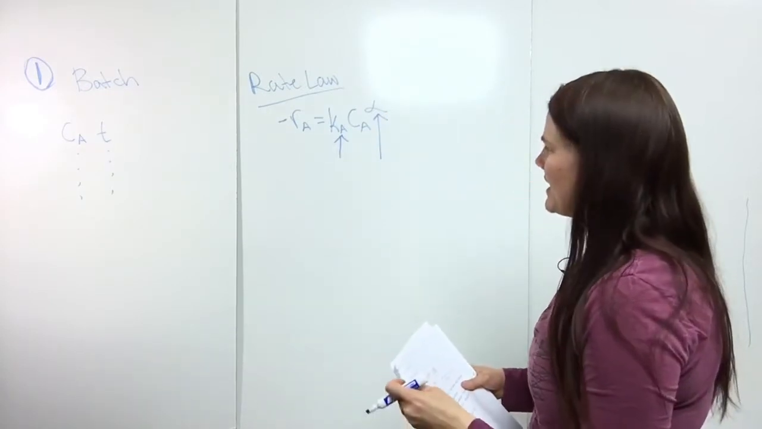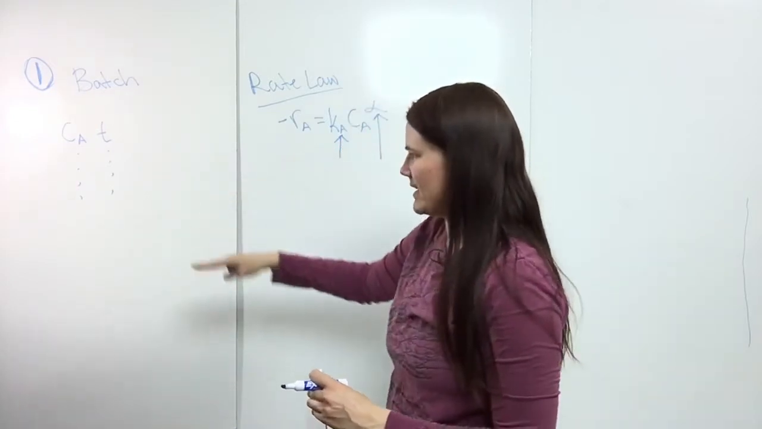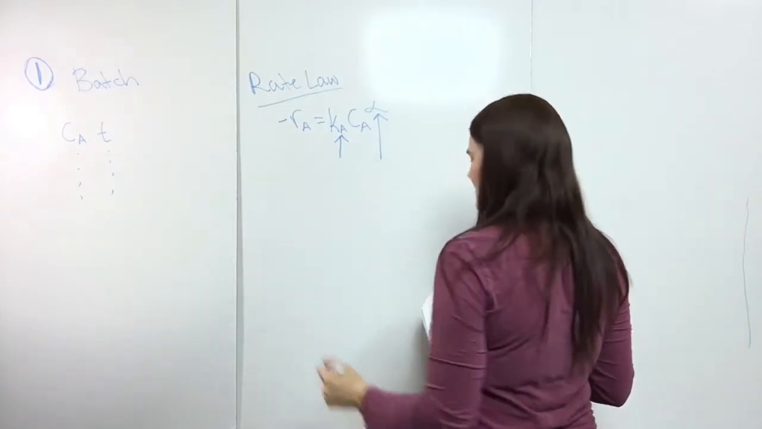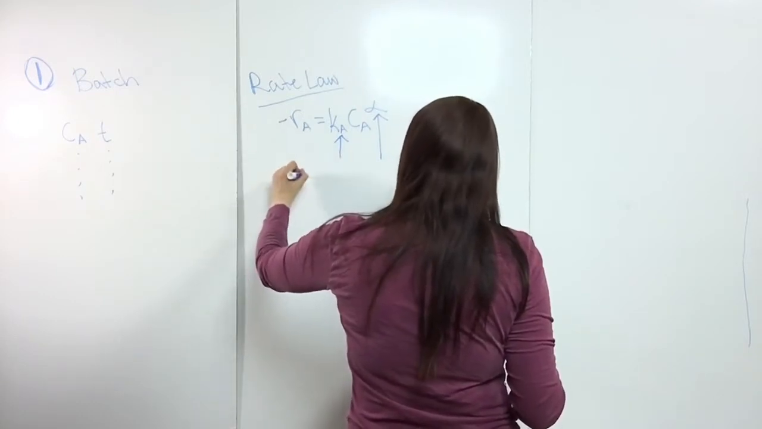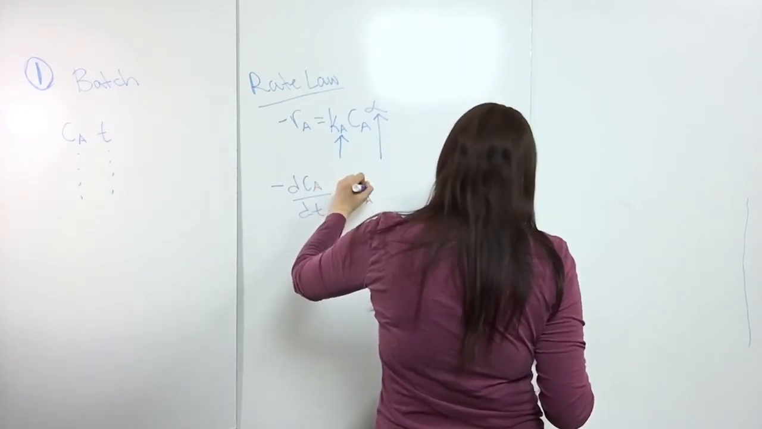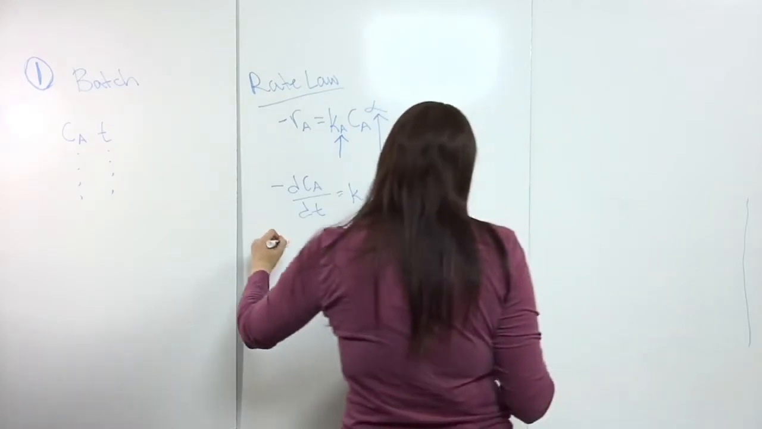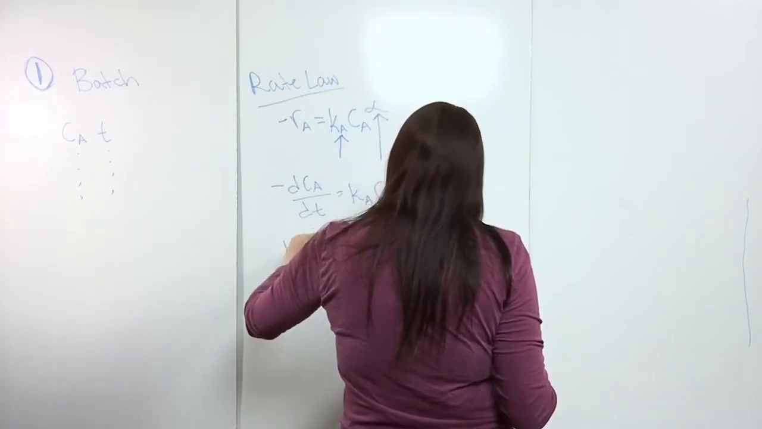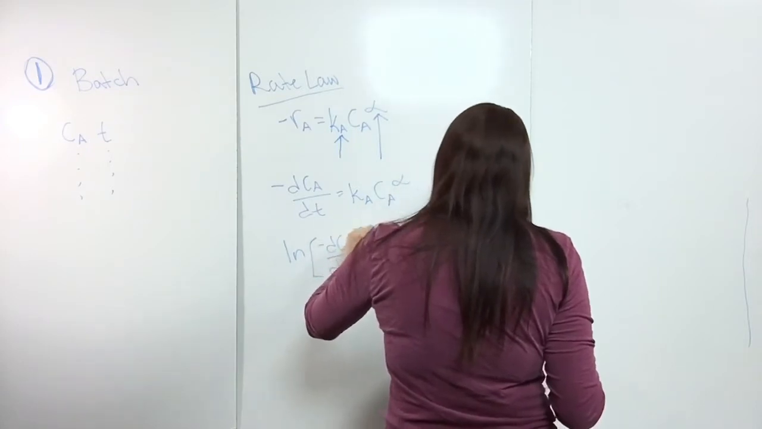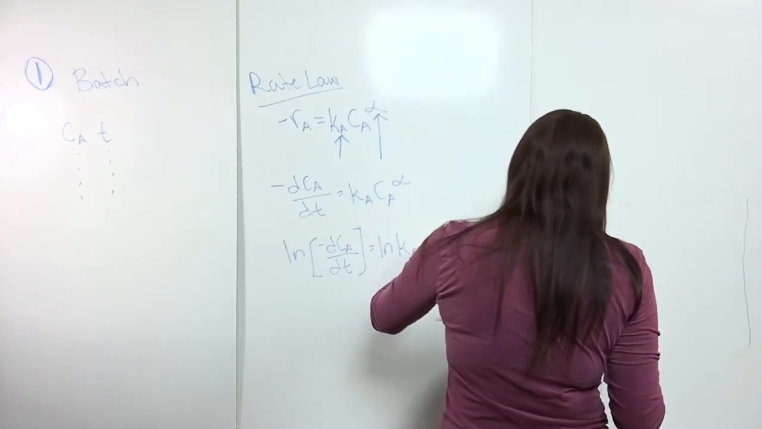And so we need to figure out a way to relate this to this so we can figure out what these are. So what we can do is plug this into the mole balance for a batch reactor, then we get minus dCA dt is equal to Ka Ca to the alpha. And then if we take the natural log of this, we get natural log of minus dCA dt is equal to natural log Ka plus alpha